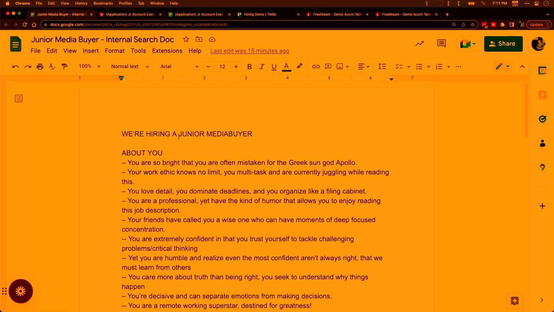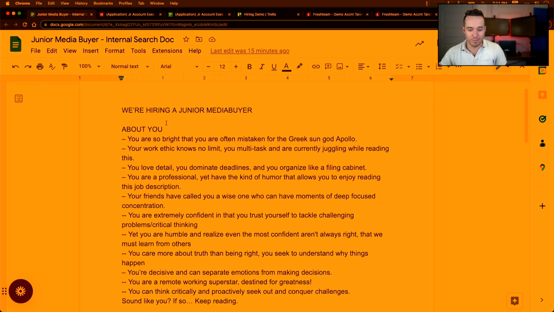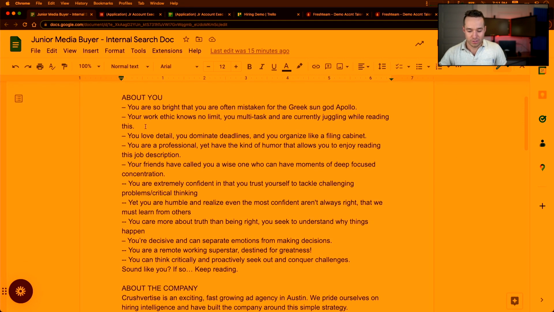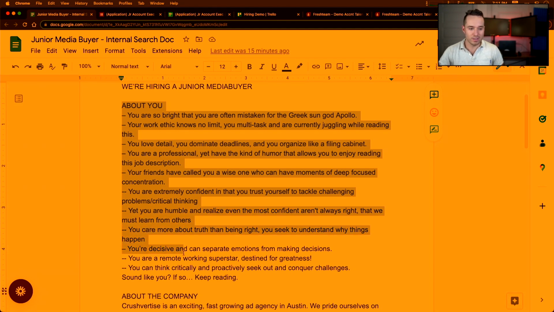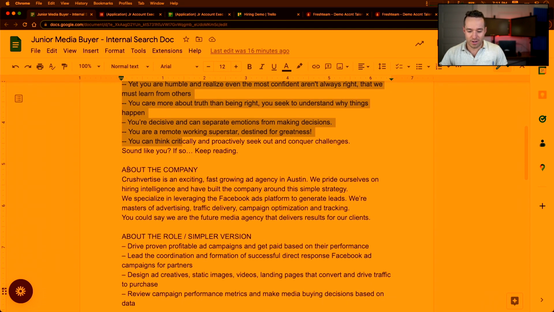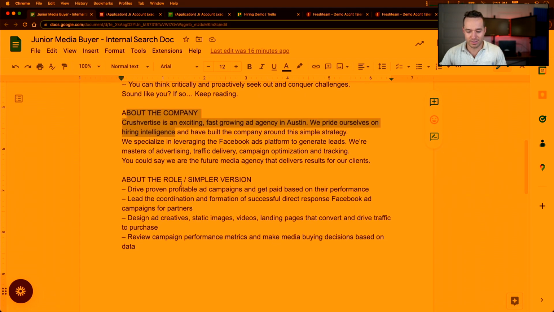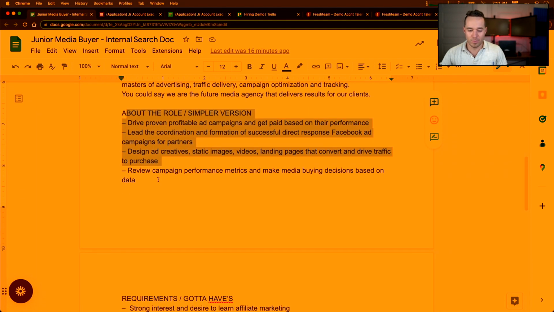This is exactly how we do this. So as you can see here on the screen, I have a Google document opened up, and this is basically all it is. This is the job description for an internal job that we have in the company. We have the marketing, if you will, the selling of the position, telling people what it's all about, giving them a feel and a bit of a fun, lighthearted vibe to our culture. And then we talk a bit about the company being fast growing in Austin and that we're an ad agency. And then I really go into the details that are most high level and specific about the job,